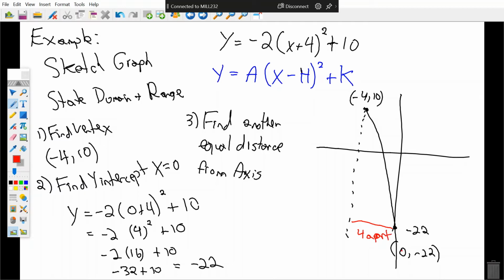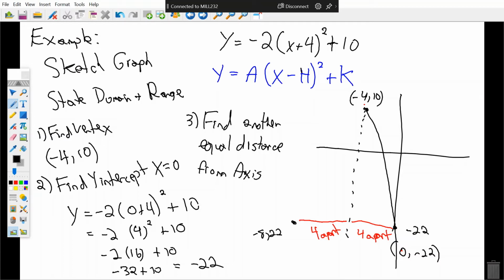From 0 to negative 4, there's 4 squares in between. So then for this parabola to be equal, there also has to be 4 right here. 4 apart here as well. We're just finding the mirror image. So our second point is going to be at negative 8